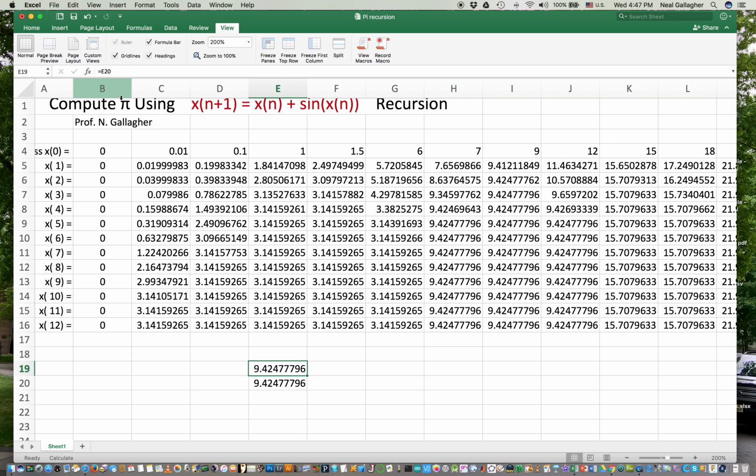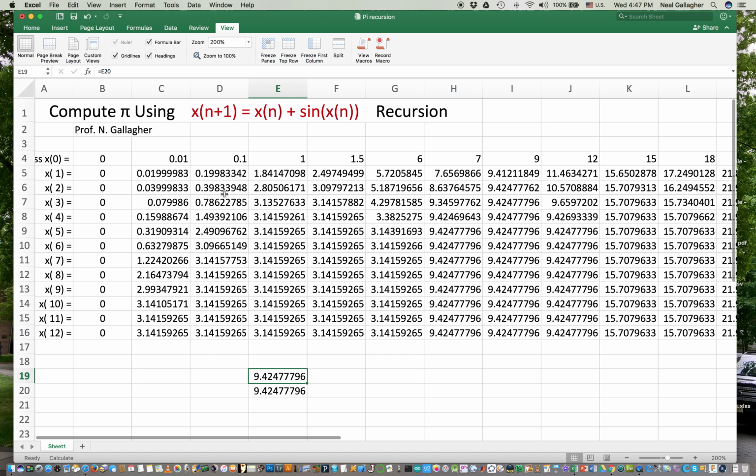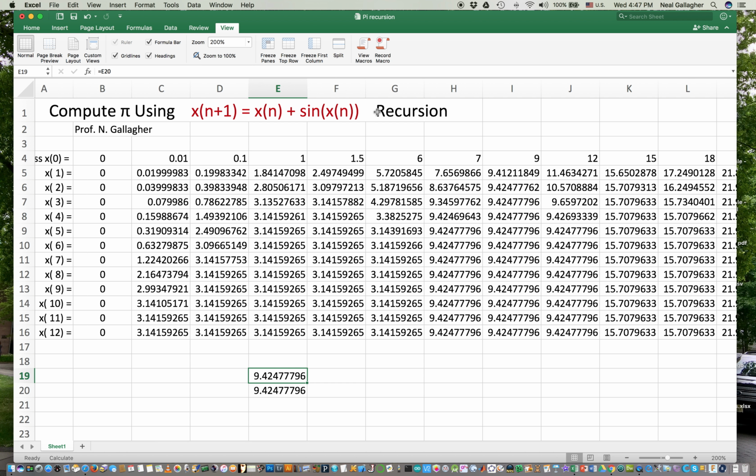That is my explanation for how this Excel spreadsheet computes this recursive equation. So that's it. I might do another video here in the IRMA